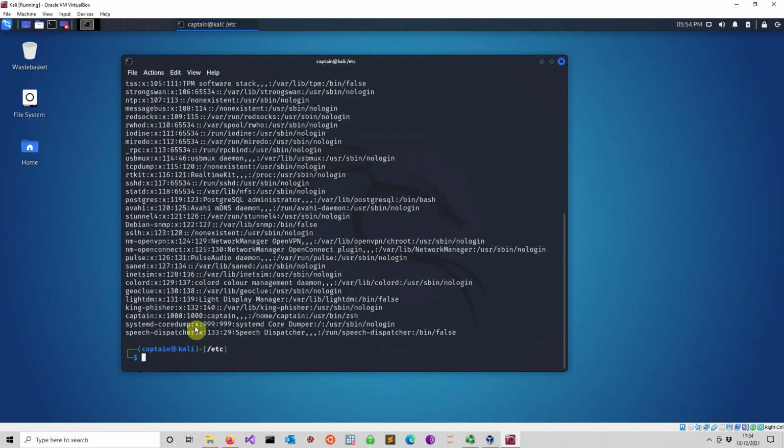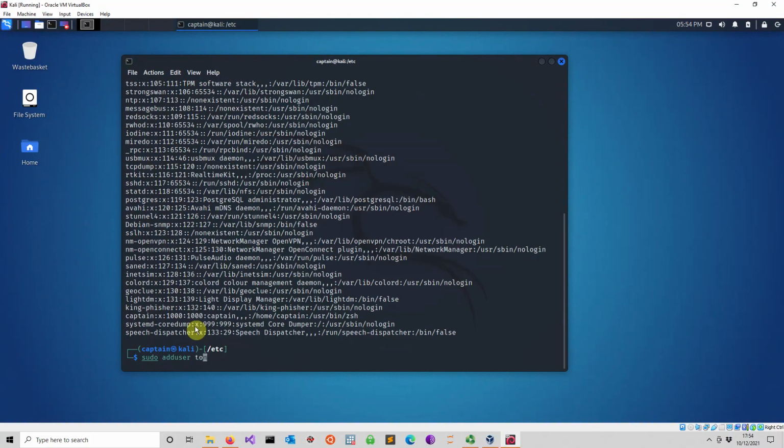Next, I would like to start adding some users. There are different ways to add users. One way is to add a user without a home directory, and one is a user with a home directory. Now I use a proper setup. I want to add a user with a home directory. I personally, as captain, can't do this. I have to change to the root user. I can either change it or just use sudo to start the command,